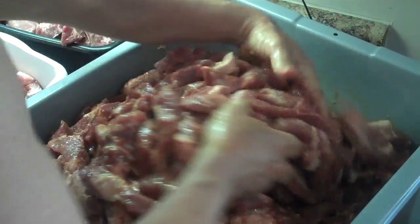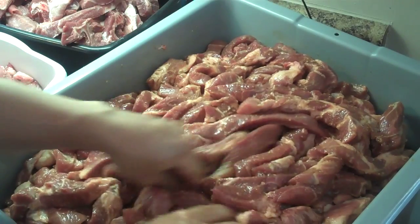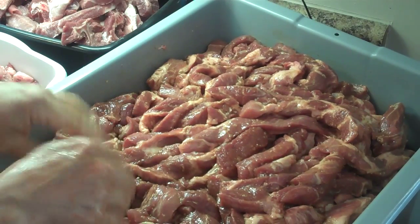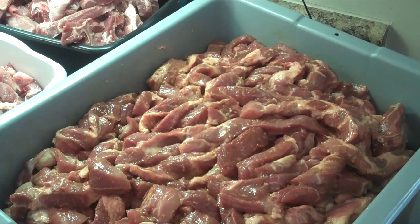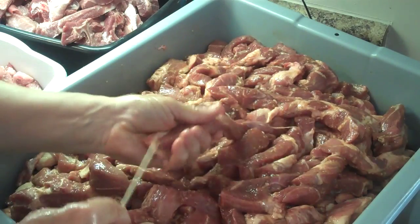You have to get down to the bottom of the pan. Be sure you get it all mixed together. And then as this pork is cooking on the sticks, I'll show you one maybe. The pork